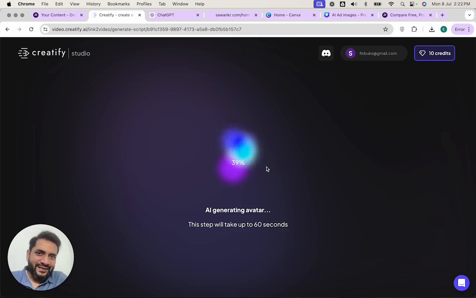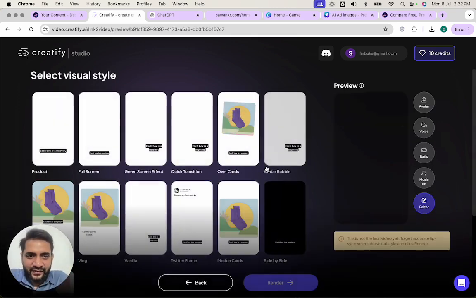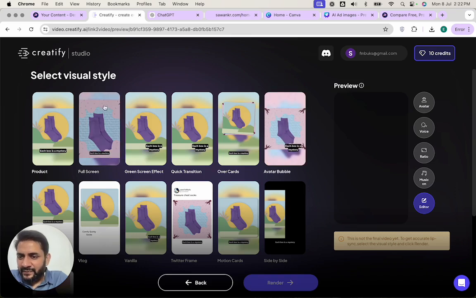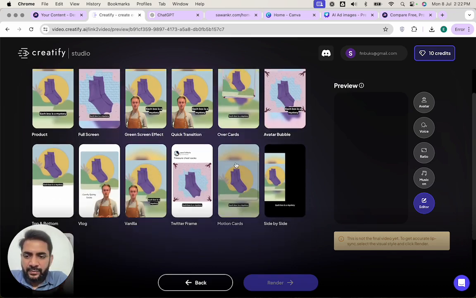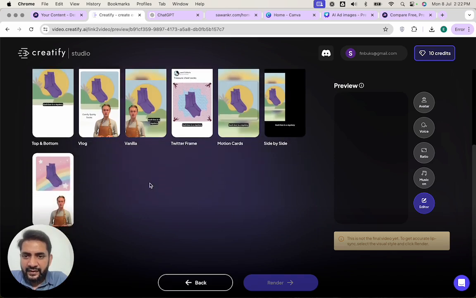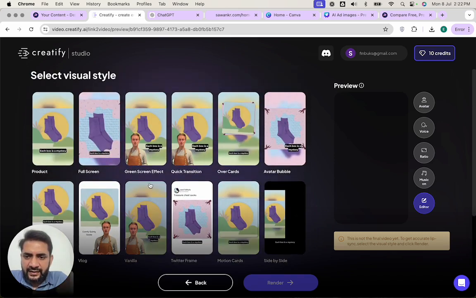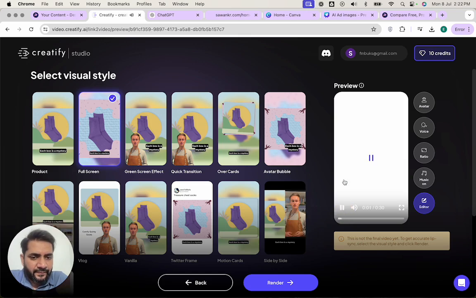It takes a while because it is generating a video based on the script and the images that you uploaded, and here it is. You get different options to see: product, full screen, green screen effect, quick transition, overcards, avatar bubble, vlog, vanilla, Twitter frame, and so on. Let's select full screen, and here in the preview, if I click on play, have you ever stumbled upon a treasure chest, but instead